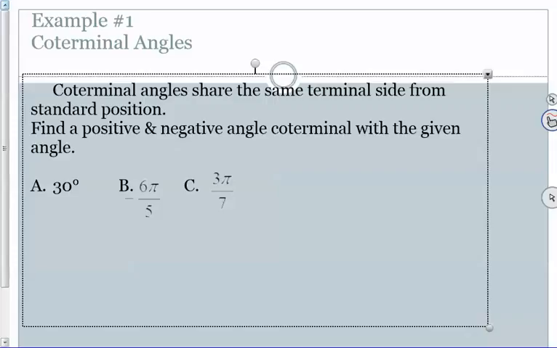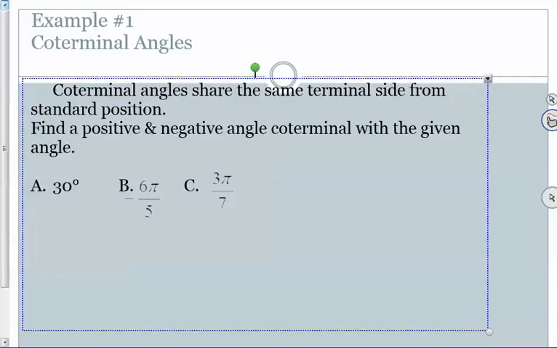In this video, we're going to talk about trigonometric functions, but we're going to talk about coterminal angles. So what is that all about? Coterminal angles share the same terminal side from standard position. So what does that mean? All right,